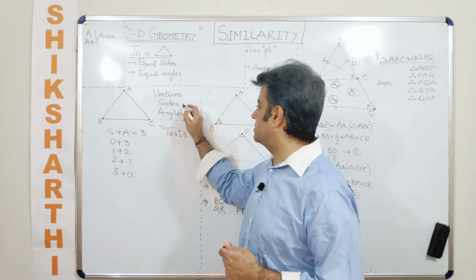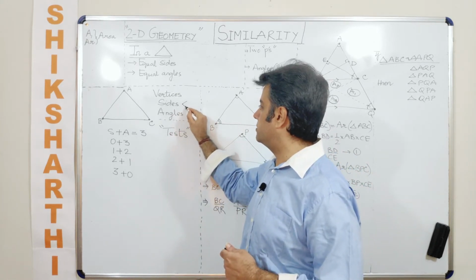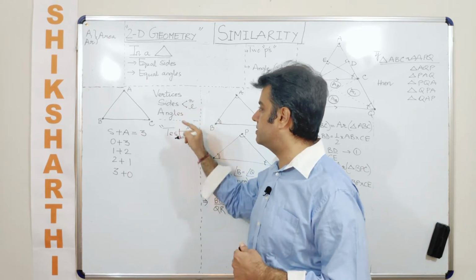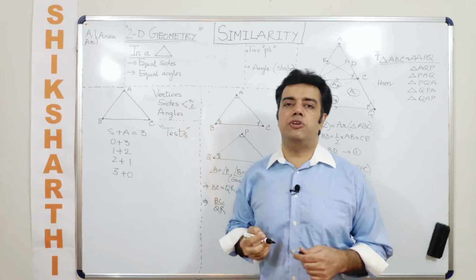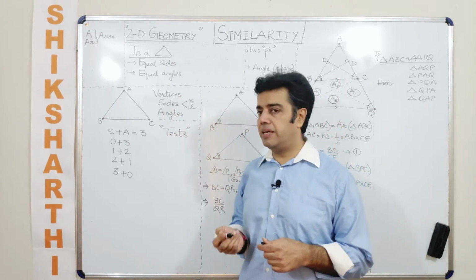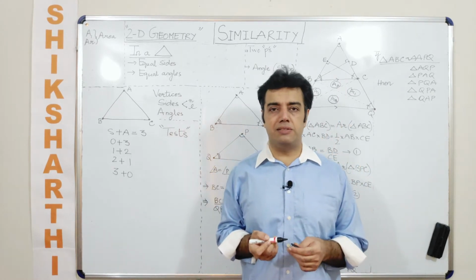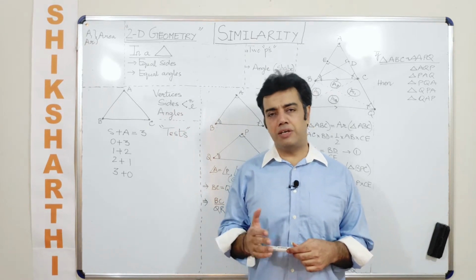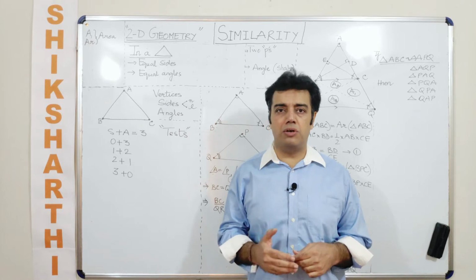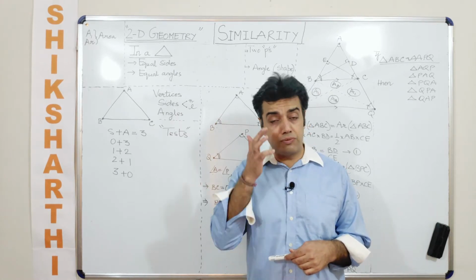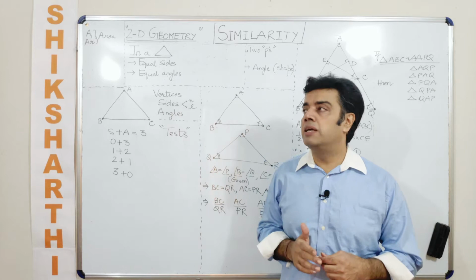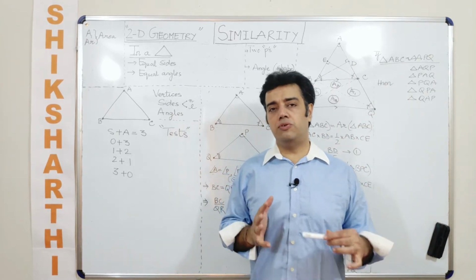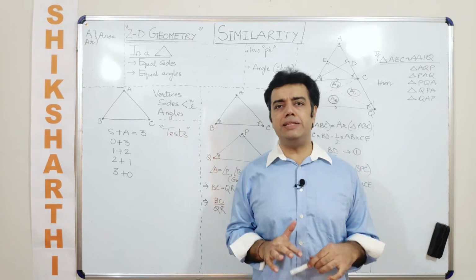So here sides will get divided into two parts, wherein one we are talking about the number of sides and the next we are talking about the length of the sides. Vertices, we will talk about the number of vertices, and thereafter finally we'll be talking about the angles. When we talk about angles, you can further segment them as, are all three angles equal, or one of them is equal, one of them is unequal, whatever. So in this video we are going to talk about similarity in triangles,